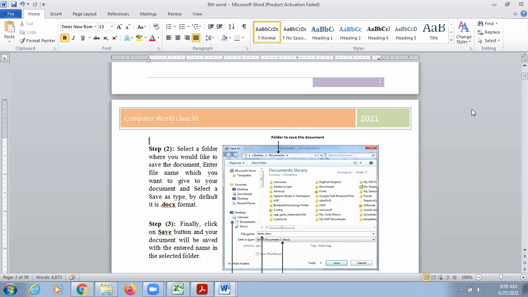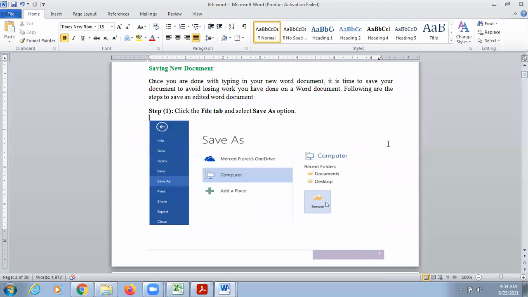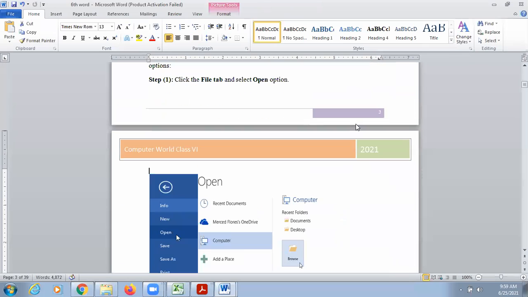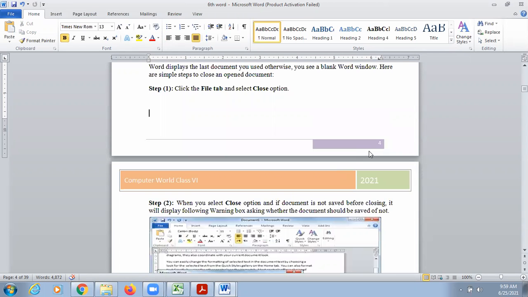This is my first page, page number 1, and on page number 2 at the top it is coming the same, Computer World Class 6, the name of the book, and the year is coming down. Page down. This is page number 2 now. Here it is page number 2, and the header is the same. Down. This is page number 3, and the header is the same. Page number 4, and the header is the same for the next page.